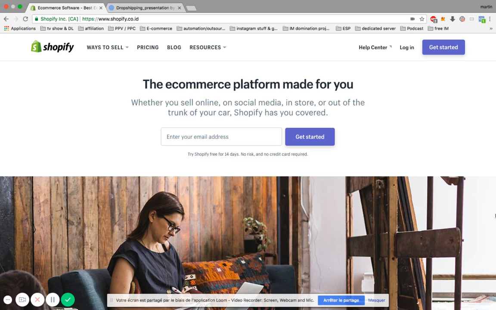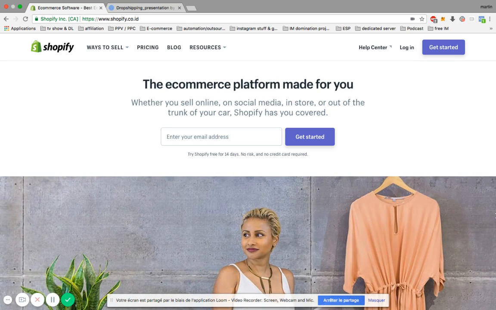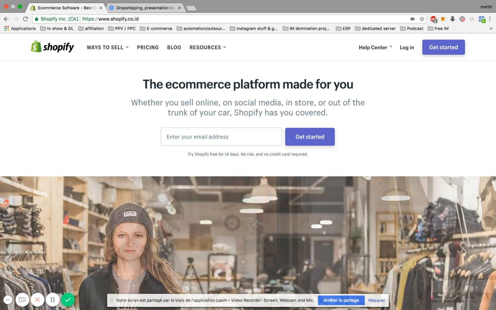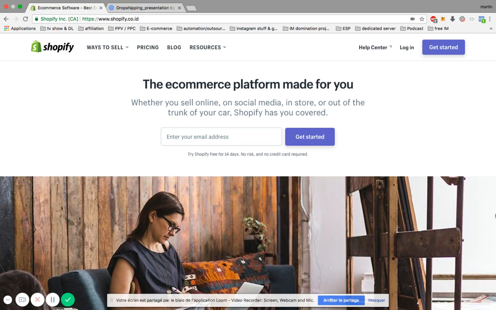It's super robust, so you don't have to do any technical stuff. The ease of use makes it accessible to anybody. You don't have to be a designer, you don't have to be a developer, you don't need any technical skills. It just works, and you can be up and running very, very quickly. On the first store, obviously there's a learning curve, but afterwards it's very, very easy to use.